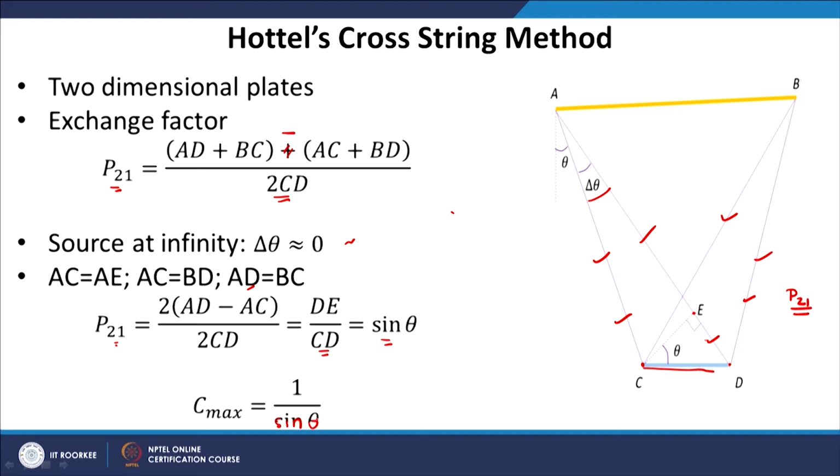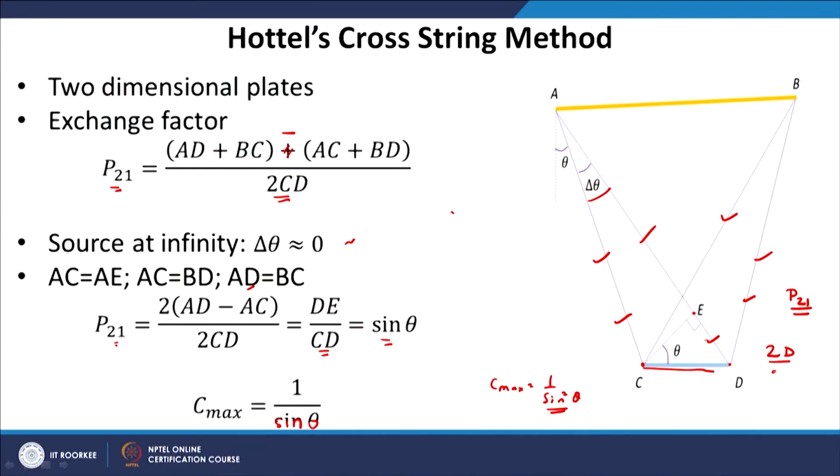Now, this relation we got from thermodynamics, we got C max as 1 upon sin square theta, right. The maximum concentration you can do is 1 upon sin square theta, that was from the thermodynamics point of view, but here we get a relation 1 upon sin theta. So, why is there a difference of square between thermodynamics and this relation? The reason is this is only for 2D geometry. In this we have assumed that the plates are infinite in the plane of the board, while the thermodynamics relation is for 3D.